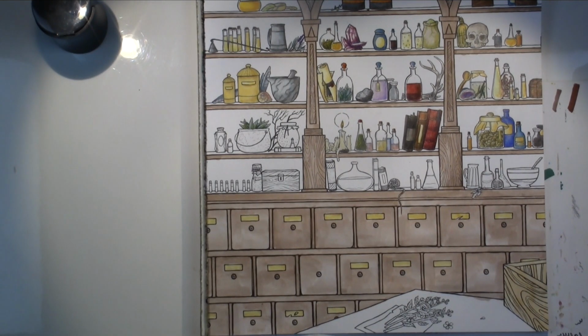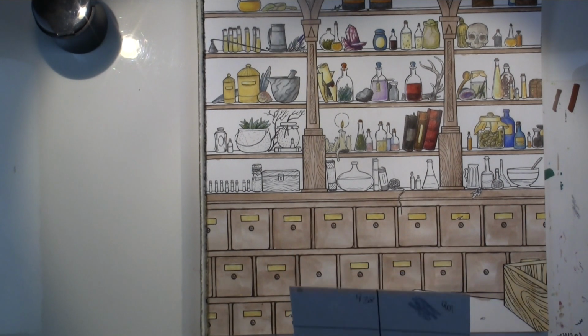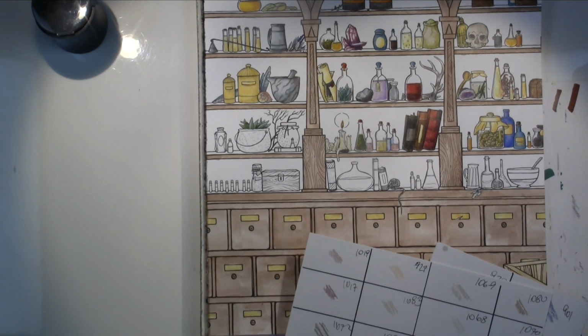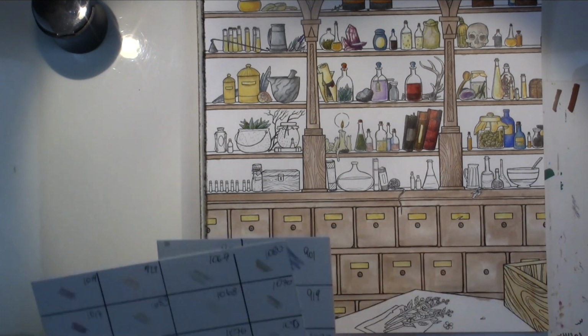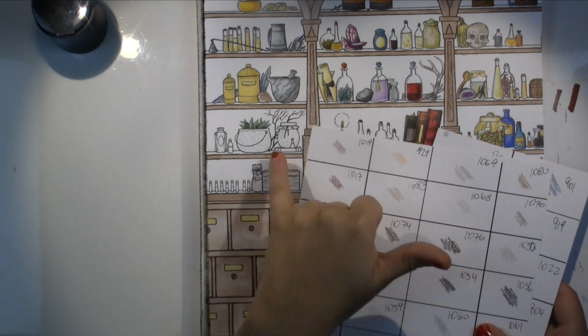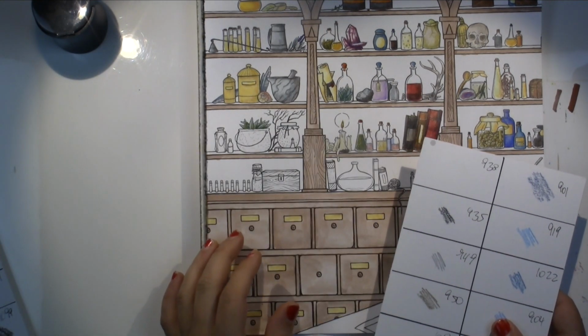So the plants are done. Maybe I just wanna keep on going with that pot. Ooh, I see some very nice interesting colors. I think I know. Difficult. Because I like these 2 colors here. Maybe I can use them on the book or something, but I should concentrate on